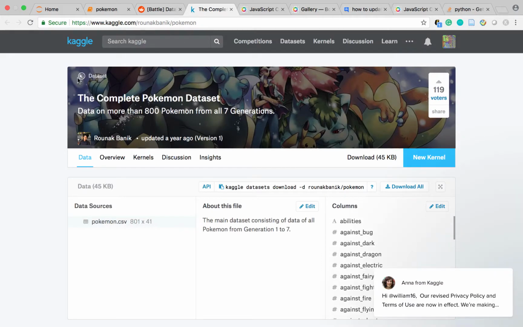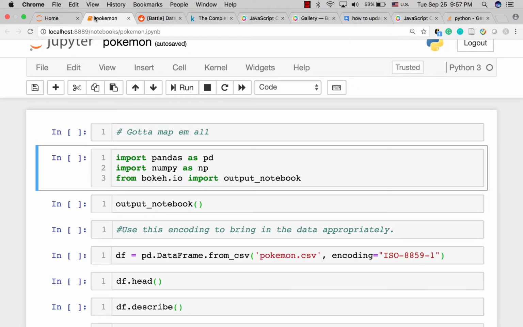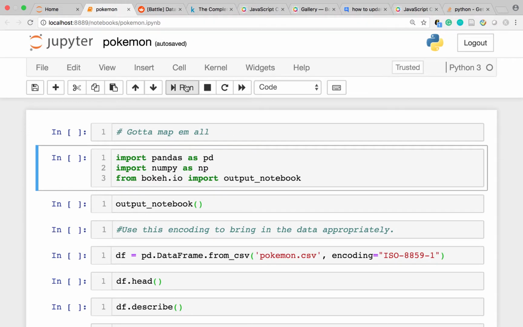The data is available at this Kaggle site where you can download the CSV. That's what I've done. And I'm just going to walk through the first part of this tutorial, which is essentially getting a Pokedex. So I want to build out